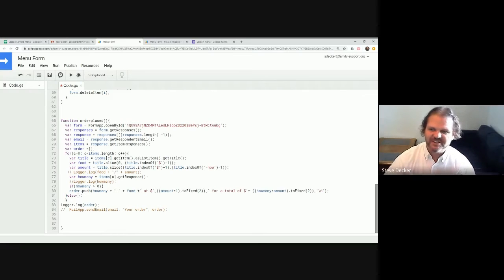We want to replace that with a plus sign because we're just making one really long string with everything in there that makes it proper English. So this might be 1 of apple slices at the amount. We have that math correctly. And then it has a comma here. We don't need that comma. We want to replace it with a plus sign. We don't need this comma. We want to replace it with a plus sign for a total of blank amount, toFixed, comma, and let's get rid of that and make that a plus sign. So now, when we run that,